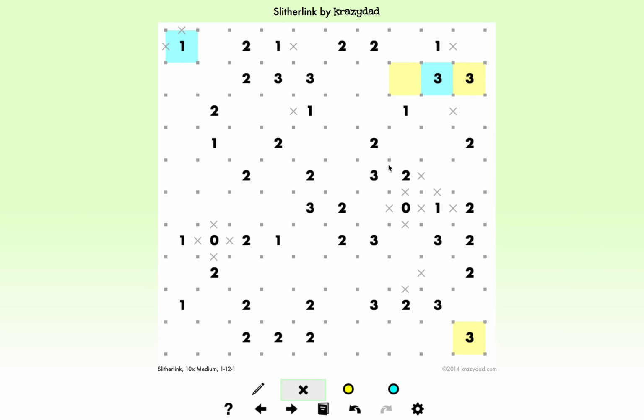This is another illustration of how the chains of 2s actually work. So if I do have these 2 segments here making a corner, that puts X's here because nothing can connect there to a corner. And that makes another corner, which puts more X's there. And in doing that, we have done something really interesting, which is we have fulfilled this 3. So this 3 needs to have 3 filled sides and 1 open side, and this X has become its open